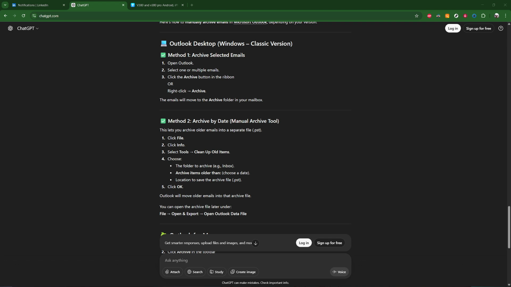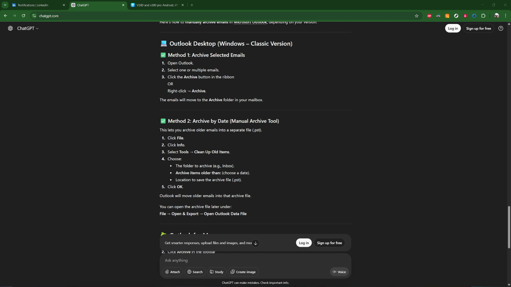This quick method uses the Archive button right on the home ribbon, and it works great for single messages or batches of emails. Start by selecting the email or emails you want to move out of your inbox. You can click once to highlight a single message, or select several at once. If you're working through a long list, it helps to pick out related items first so the move feels intentional. The key idea here is that you're just choosing what no longer needs to live front and center, not removing